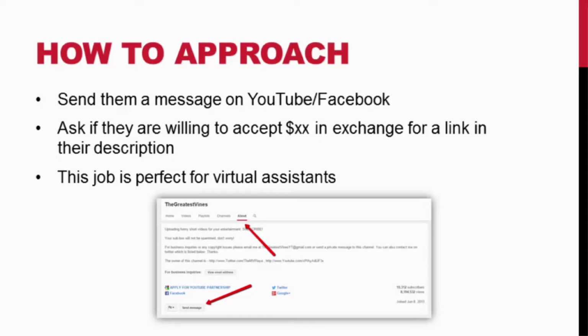Now, the price that you offer obviously is going to depend on A, how many views they have and how many views they're getting, B, how important or targeted their keyword is. If this keyword is a very common keyword and they're ranking high and they're getting thousands of views per day, you are obviously going to want to offer a little bit more money than a video that's getting 10 or 20 views per day, a long tail keyword. So that kind of depends on how popular and profitable the video is going to be. You can offer an amount monthly, $20 a month, to put their link in the description. You can go yearly or maybe forever, it's completely up to you. Just discuss it and negotiate with the video creator until you meet in the middle.